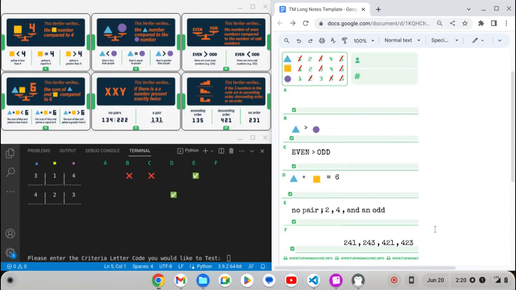Because if I pick A and say it's 4, well, if I do get 4, it's either descending or no order. But if I pick this and it's less than, they're both no order. Okay, I think that's the trick, that if I pick criteria card A and the value